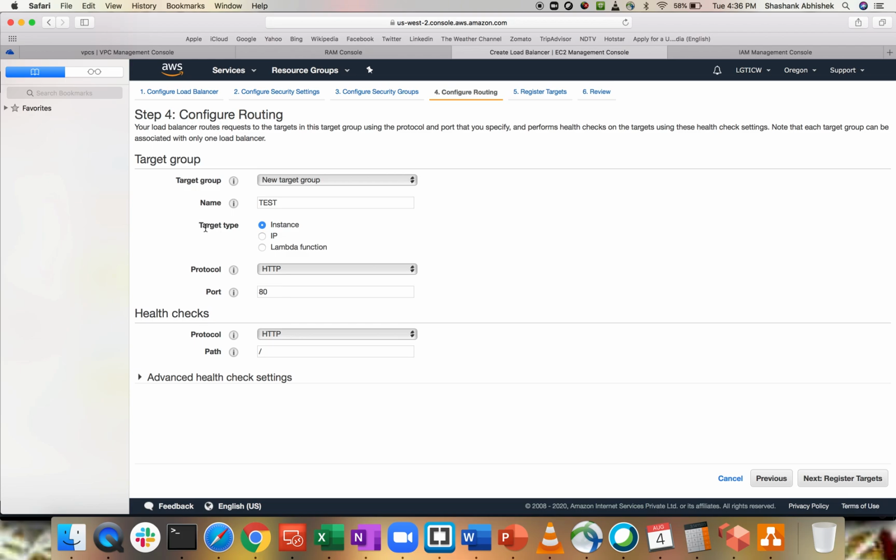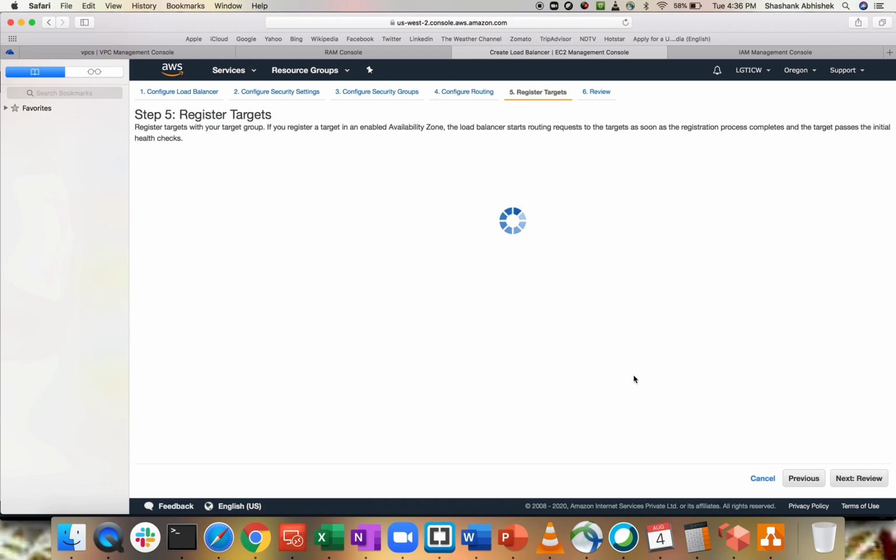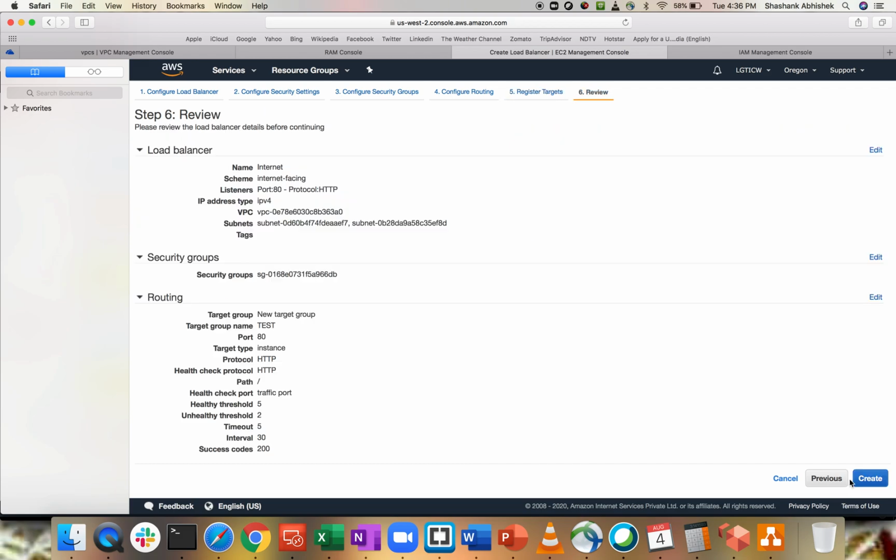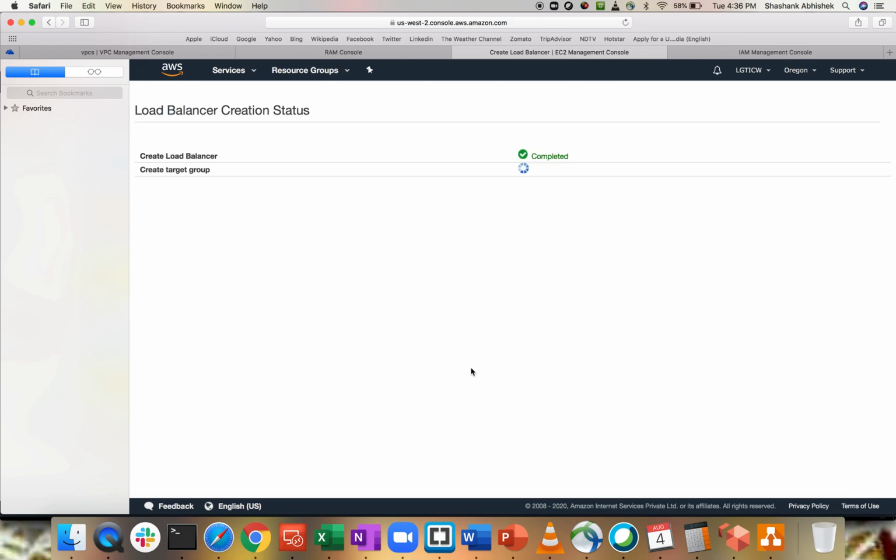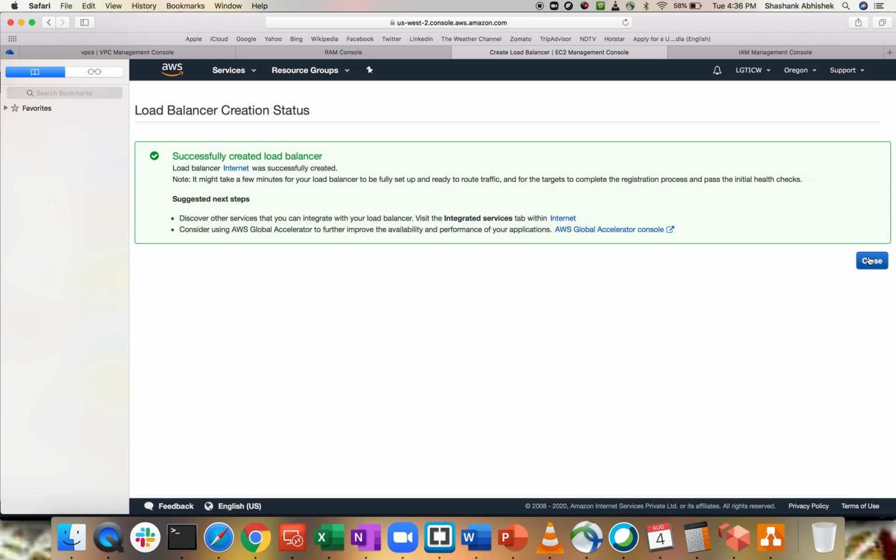Either you select a target type of instance, IP, or Lambda function. I'm going to create a blank target group, the reason being I just want to show you what these options are meant for. So let's click on next, next and create. This will create our application load balancer, which is public in nature.